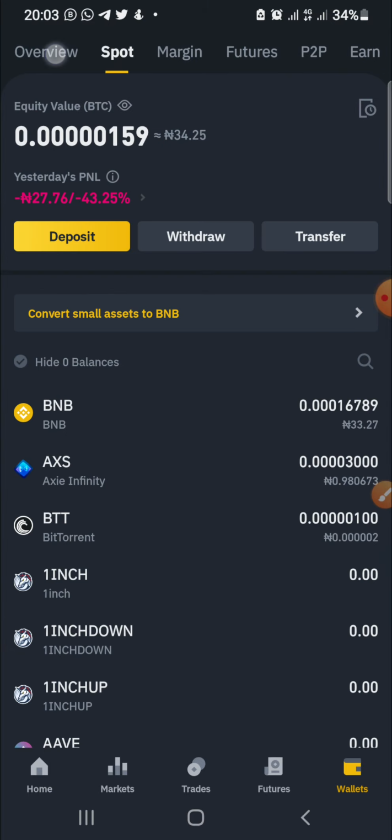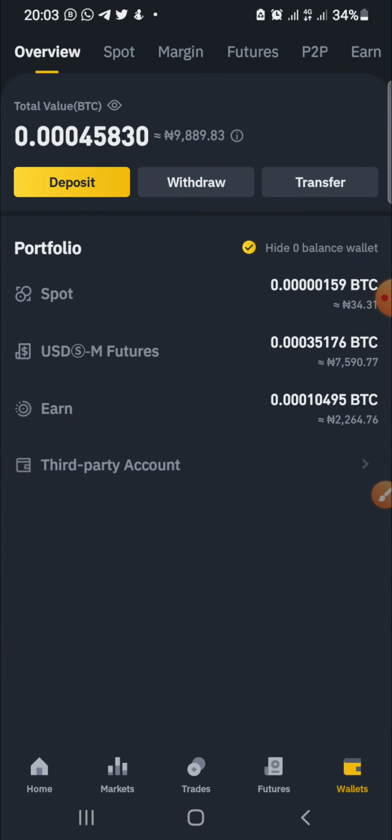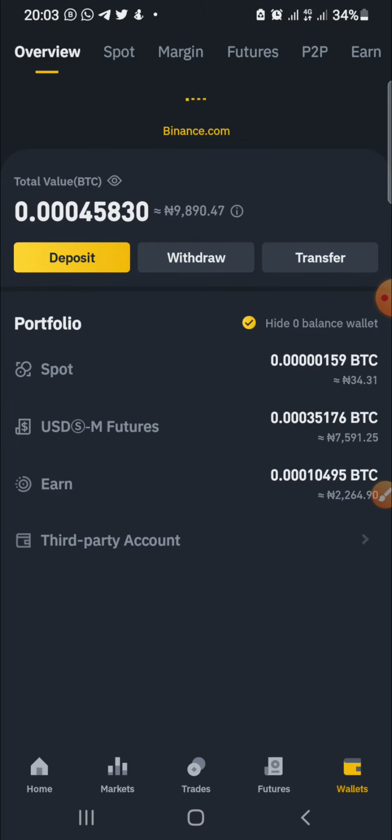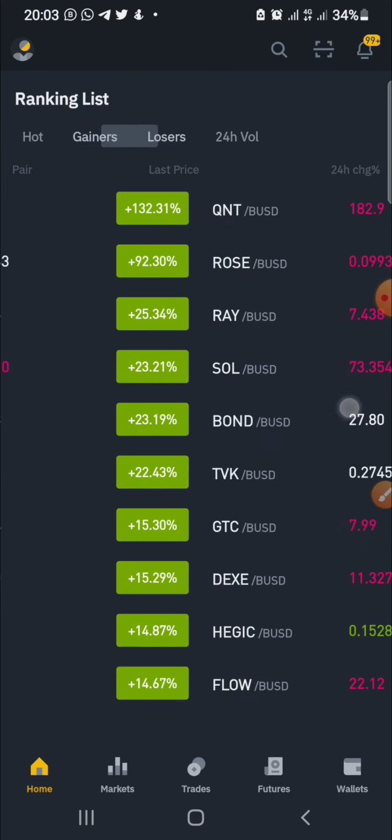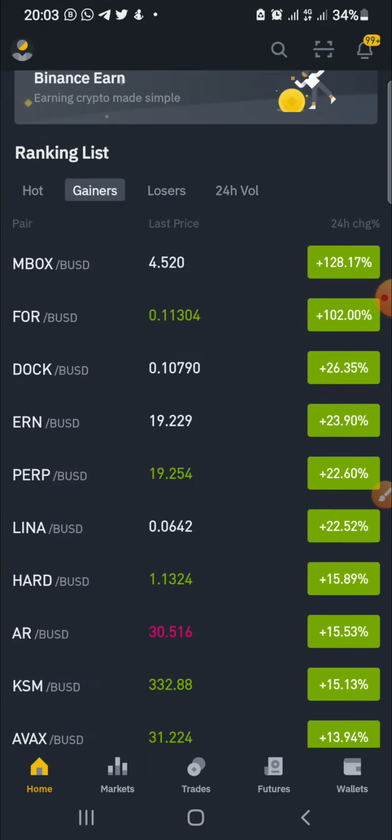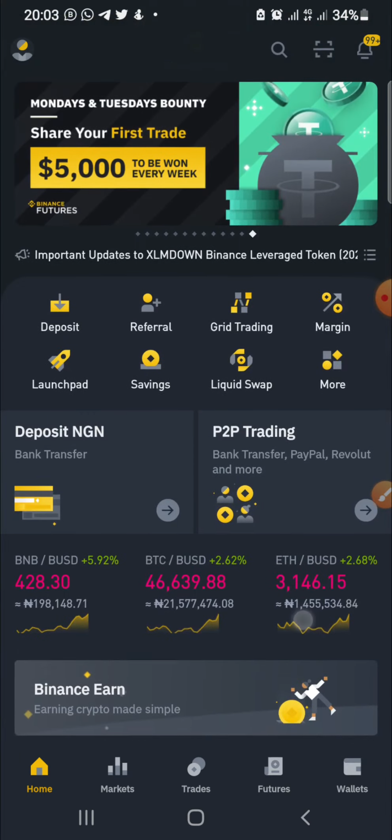So that's all about your wallet. Your wallet actually tells you an overview of everything you're having on it. This is what I'm having on my wallet currently, 9,000 naira. The value in BTC is 0.0004 BTC. That's the value of your wallet in BTC and all that. So that's majorly what you need to know about the Binance interface. So let's move to the next